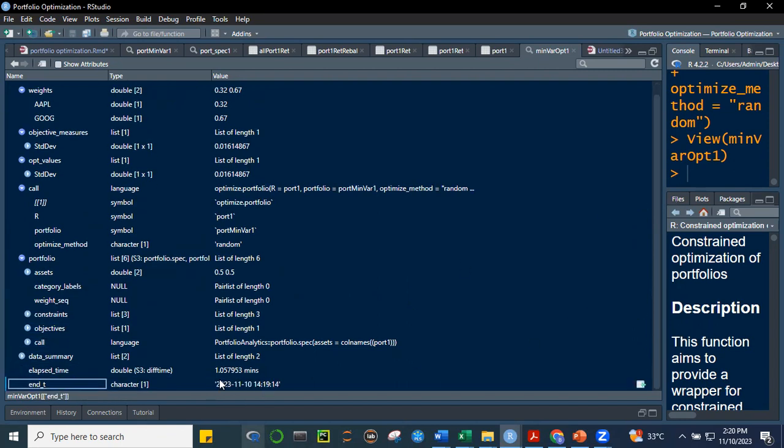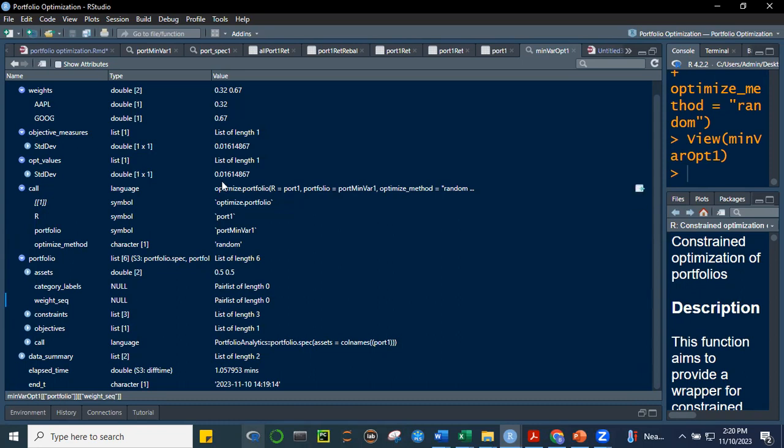Right, and it took us 1.05 minutes to run the portfolio. Okay, so you can see here that the portfolio that will generate the least amount of risk is 32% Apple, and then 67% will be your